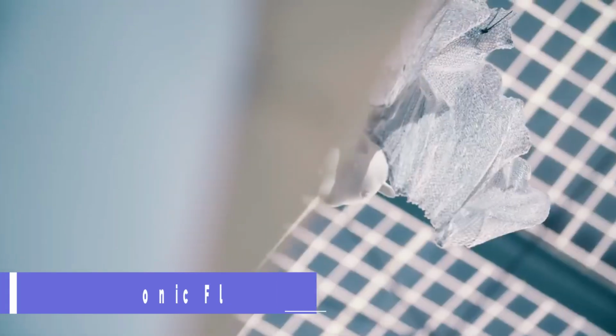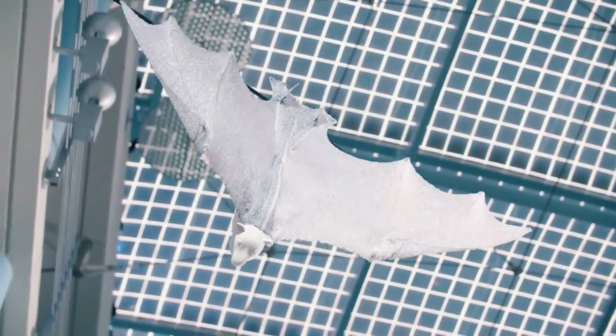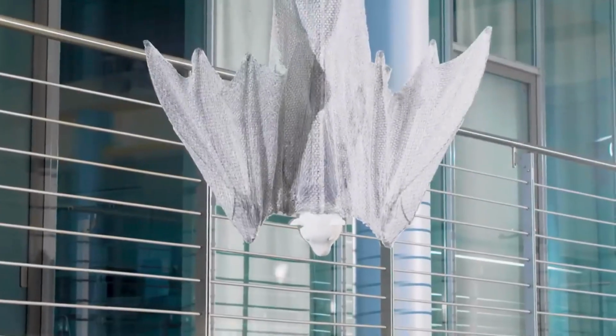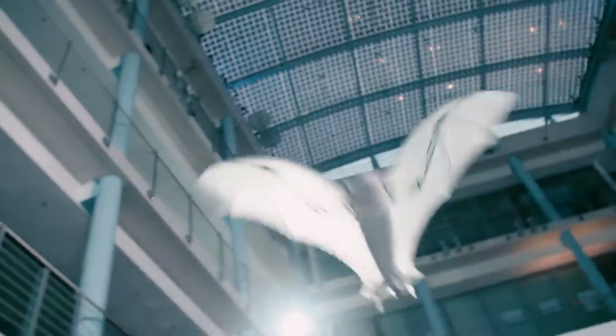FESTO Bionic Flying Fox. Imagine a bat that is not a bat, but a robot that can fly like one. A robot that has a wingspan of more than 7 feet and a body length of almost 3 feet, but weighs only a little more than a pound. A robot that has a thin and elastic membrane that stretches from its fingers to its feet and can control